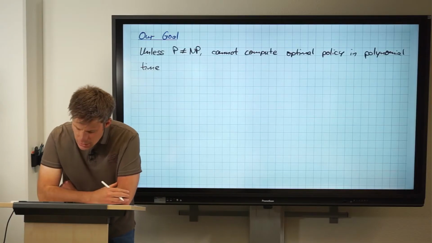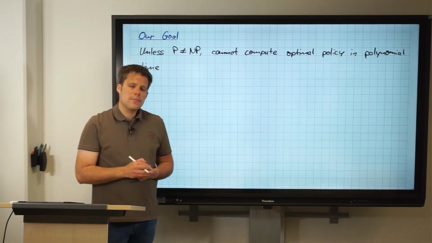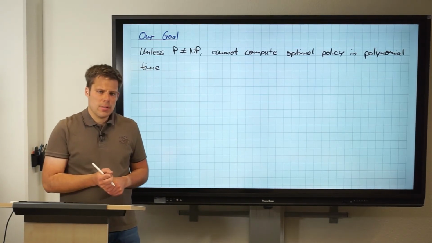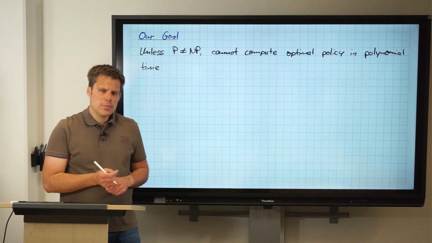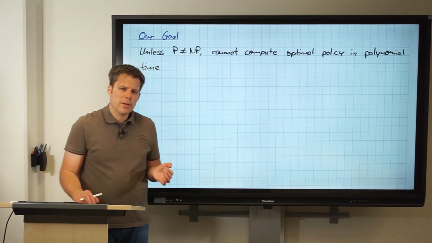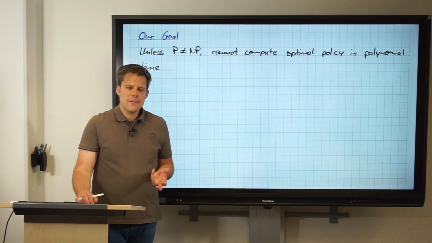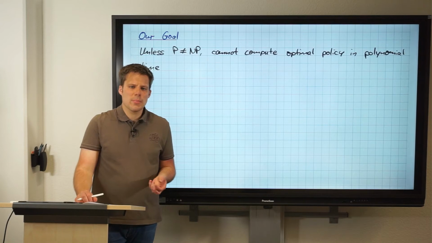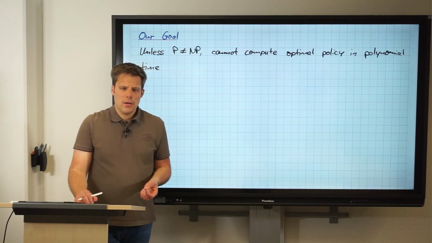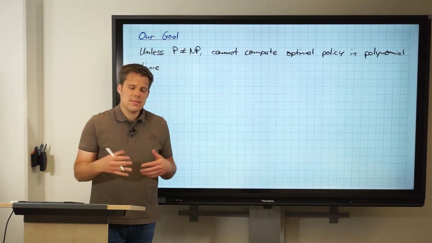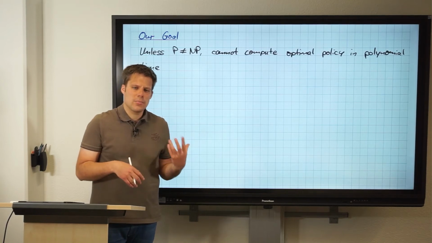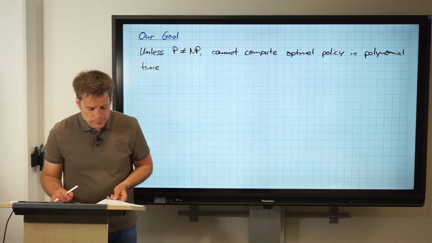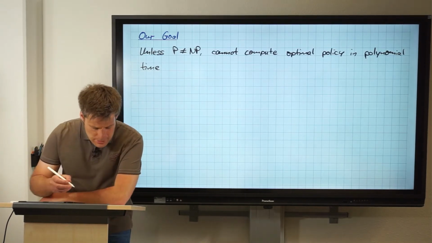So what is it that we can do? What is it that we can hope for? We can hope to approximate the optimal policy. We can hope to be able to compute a policy which is not much worse than the optimal policy that exists for this setting, but which we cannot compute. So if we were to write this down formally, we would say now,